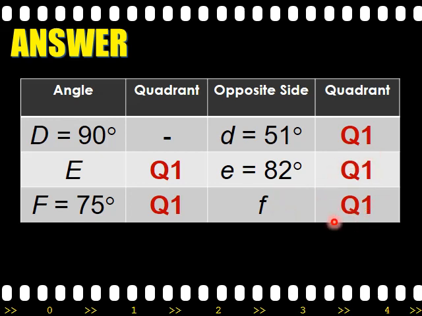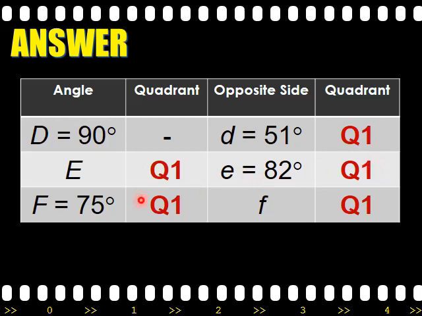Yan, so same quadrant sila. Ngayon, pwede nyo na susunod na gamitin dito yung rule number 1. So, si rule number 1, ang sabi, dapat yung mga opposite angles and side, parehas ng quadrant. So, kaya itong si angle